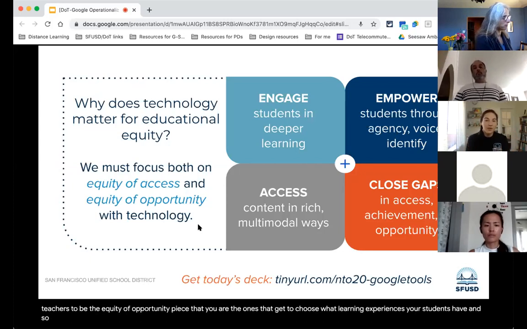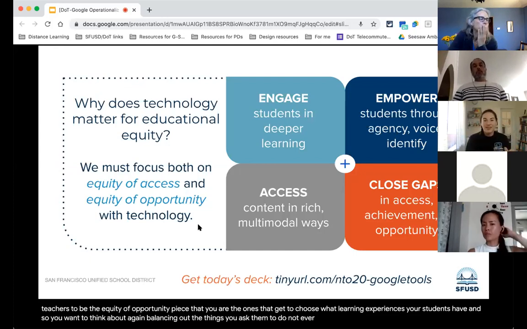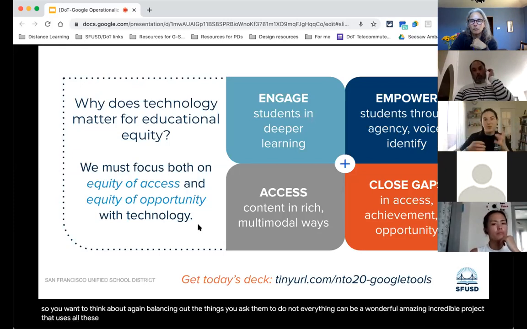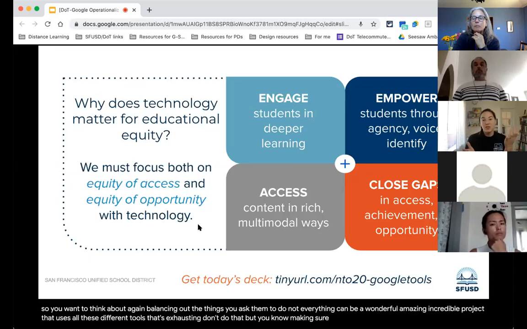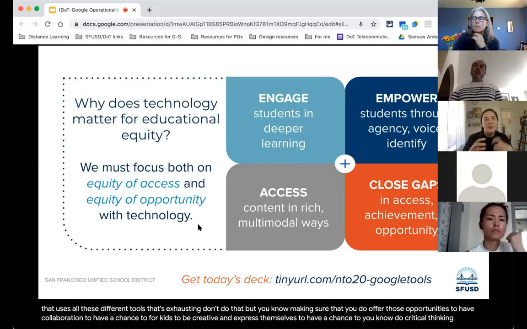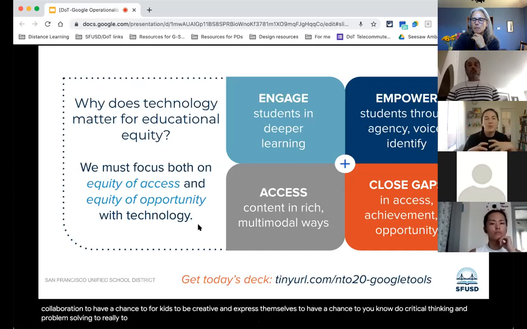And so you want to think about, again, balancing out the things you ask them to do. Not everything can be a wonderful, amazing, incredible project that uses all these different tools. That's exhausting. Don't do that. But make sure that you do offer those opportunities to have collaboration, to have a chance for kids to be creative and express themselves, to have a chance to do critical thinking and problem solving, to solve real problems,